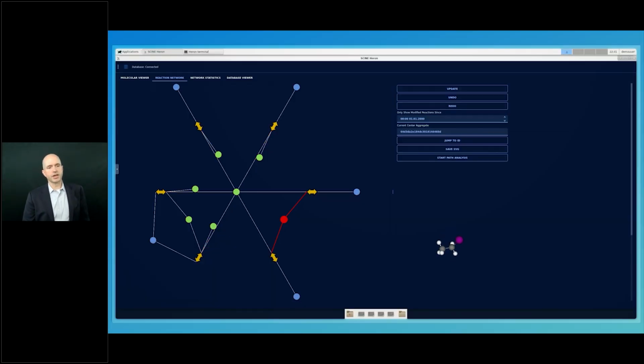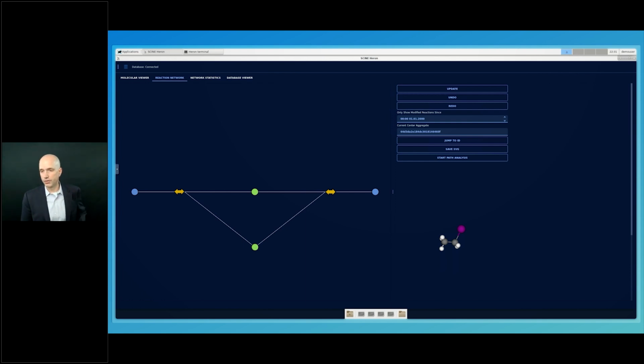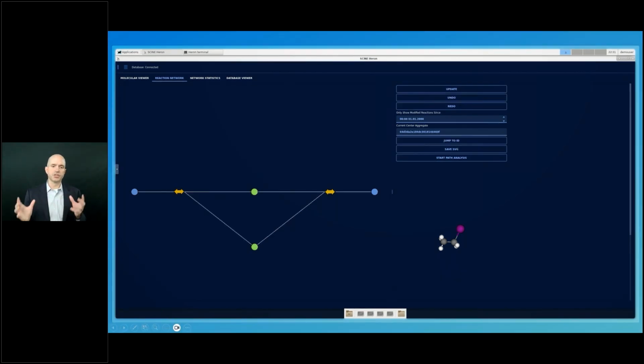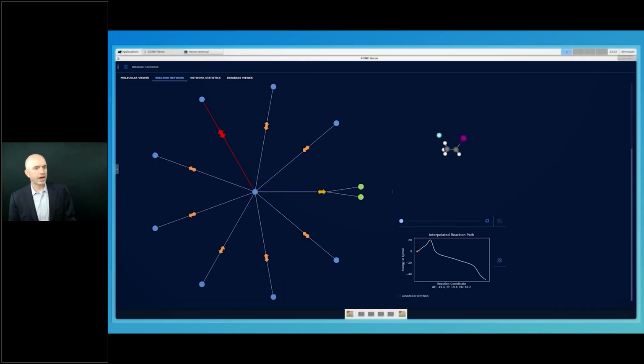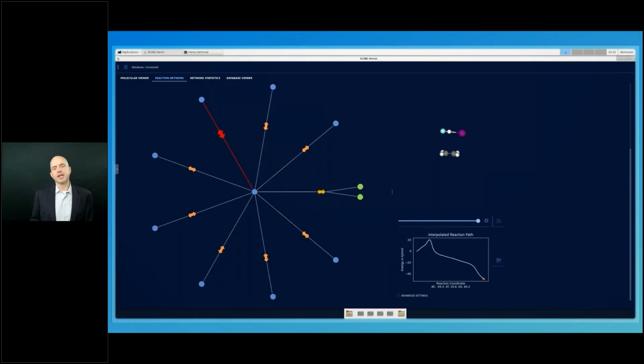And each of these, they have a high-level visualization over here on the left that shows you the steps of the reaction network. And then you can click through, either looking at the arrows, which represent different barriers, reactions with barriers, or you can look at the nodes, which represent products and reactants, to learn more about the reaction network itself. We can start with a high-level view of the network and click into one of the reactions here. And this shows the reaction of fluoride and iodide in the system,